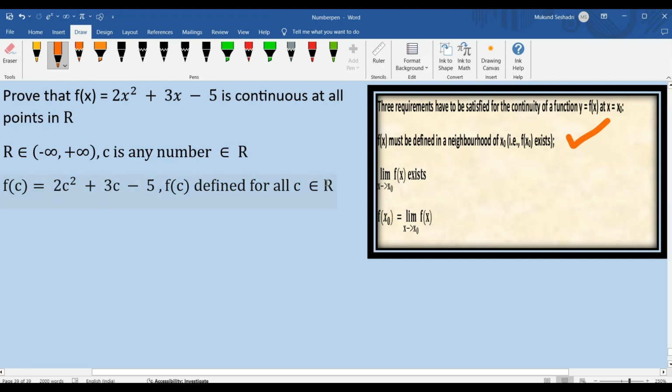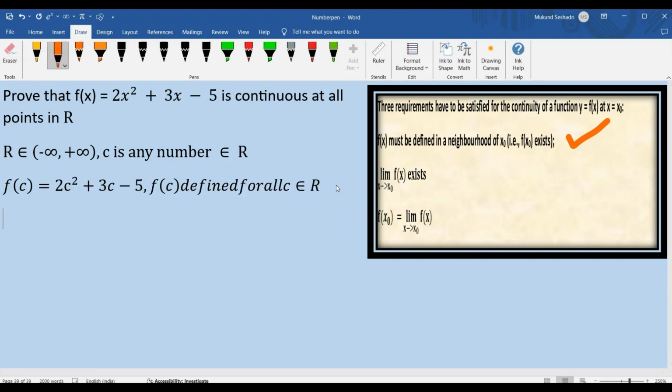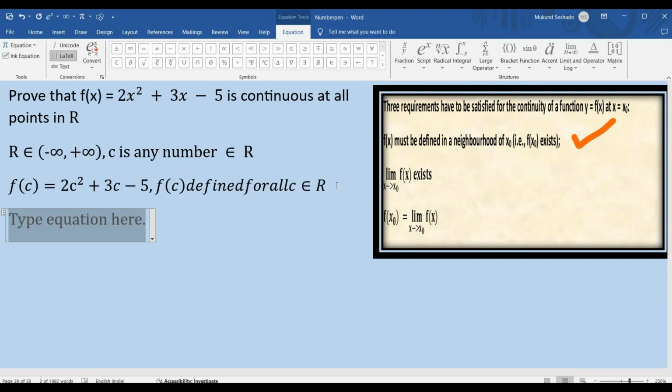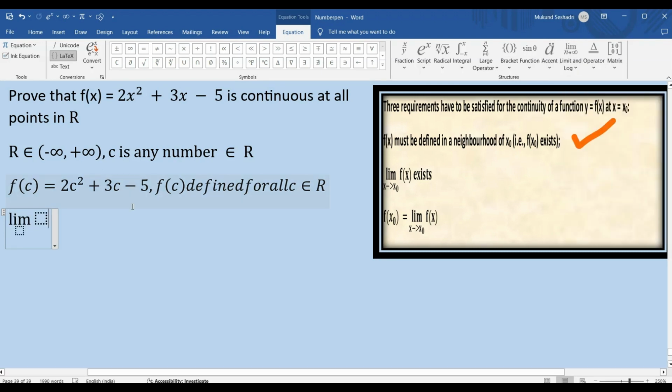The second condition, let's move to the next line, is that we've been asked to find whether the limit as x tends to x naught of f of x exists, right? So let's pull out the limits and let's evaluate the limit as x tends to